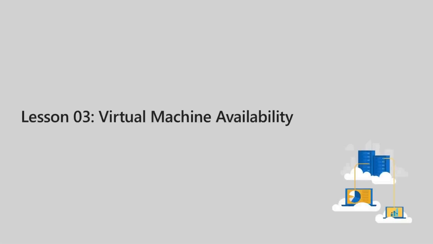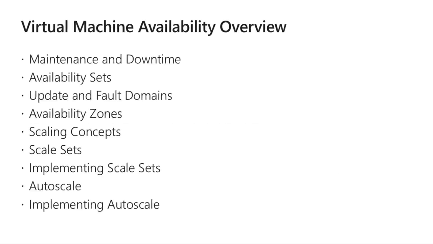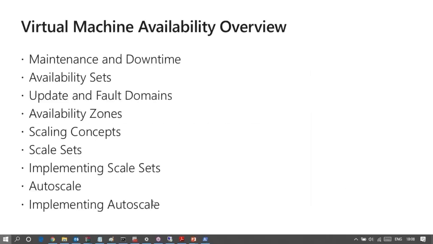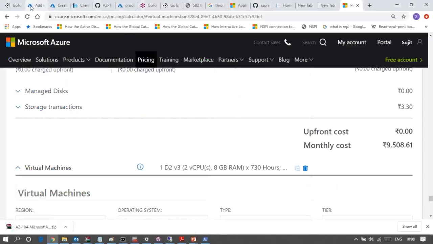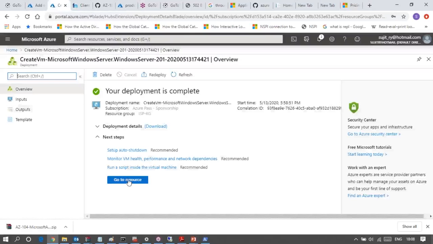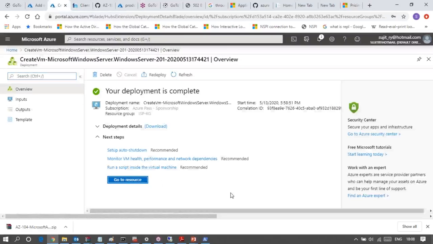Virtual machine availability. So before we go for the virtual machine availability, let me see my demonstration, my virtual machine, where it is. Yes, my virtual machine is now running good.